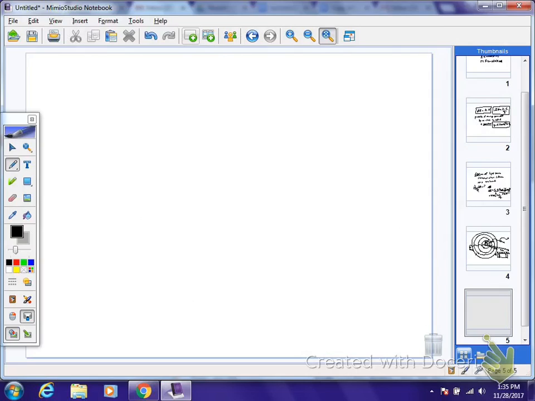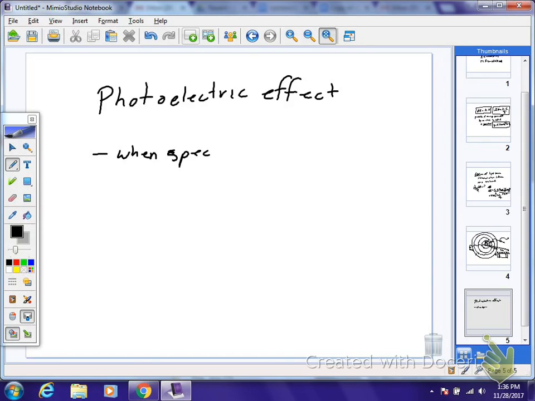One last thing I want to look at is on page 256, or actually 255. It's called the photoelectric effect. Now, Einstein was given a Nobel Peace Prize, I think, for this. And basically, the photoelectric effect is when certain frequencies of light, when specific frequencies of light